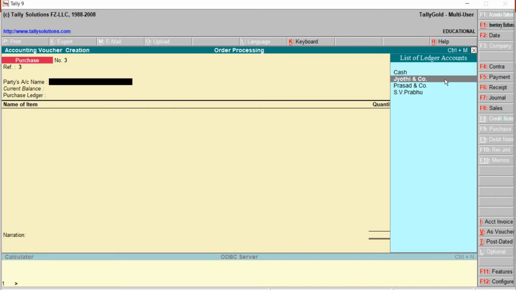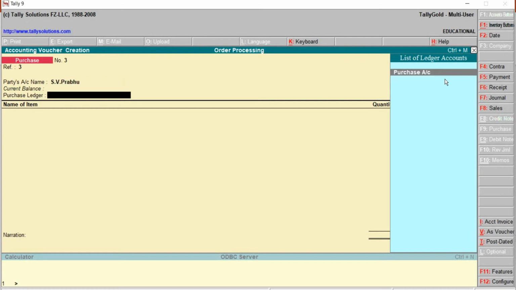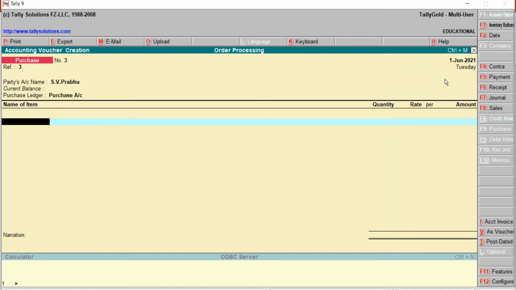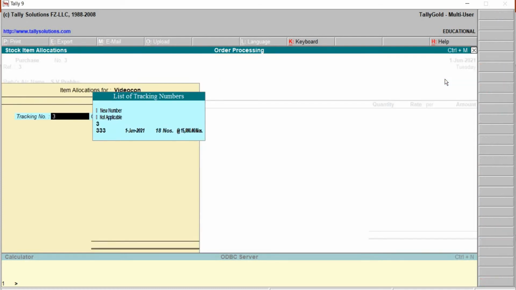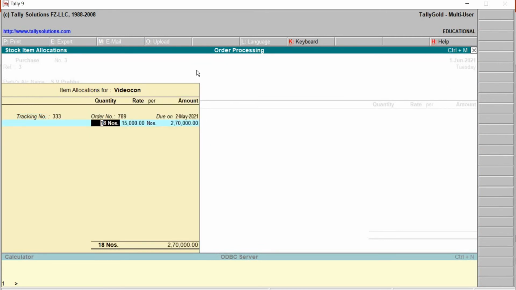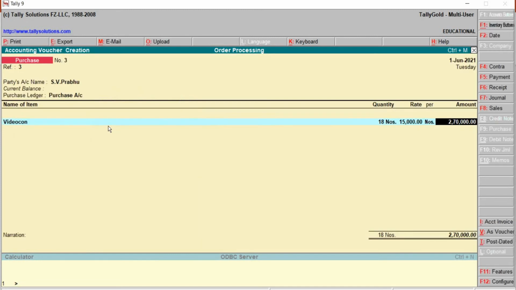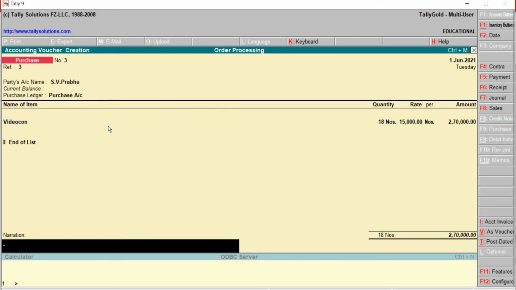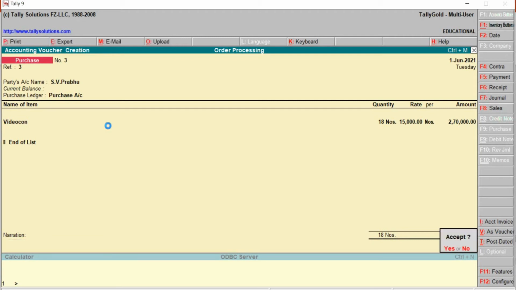And here, Prabhu, purchase account, name of the item is Videocon. Receipt note tracking number is 333. PO number is 789. Quantity received was 18 numbers. Rate 15,000. Later, type the narration, save.